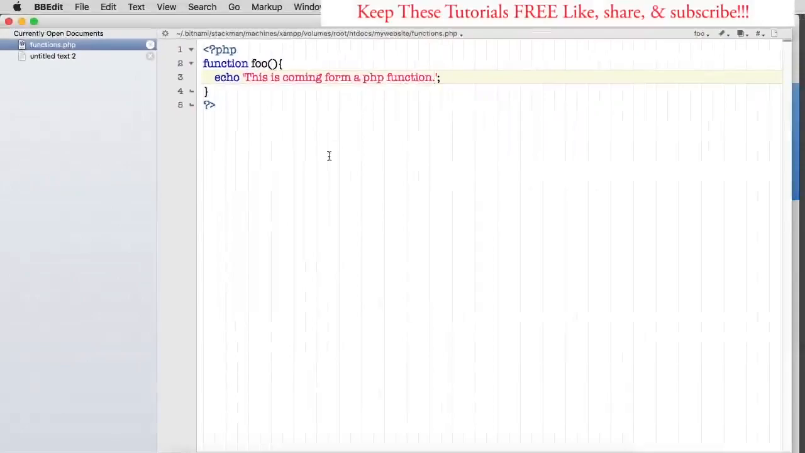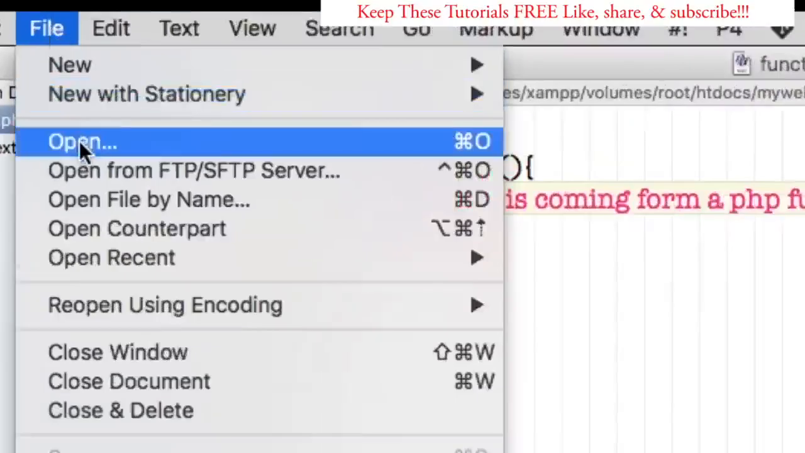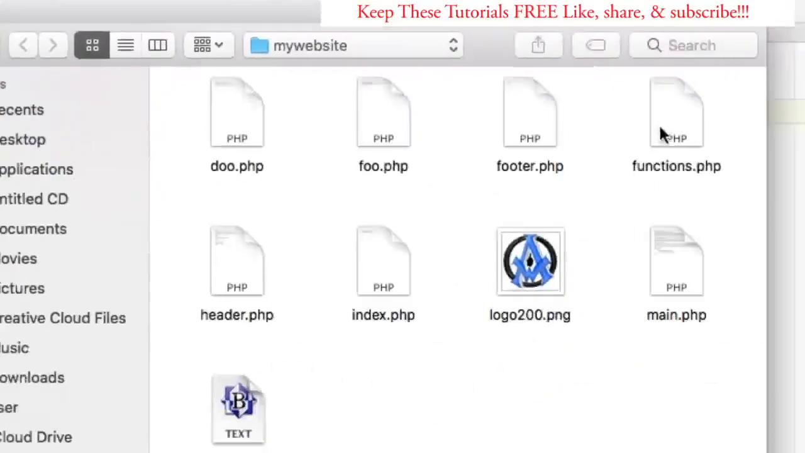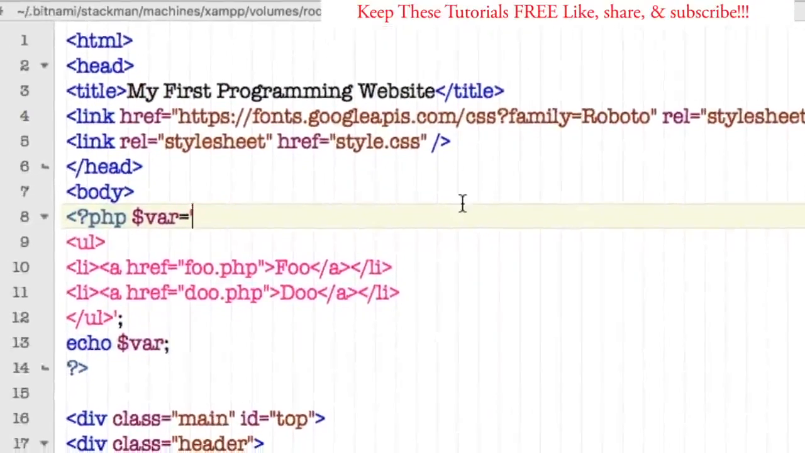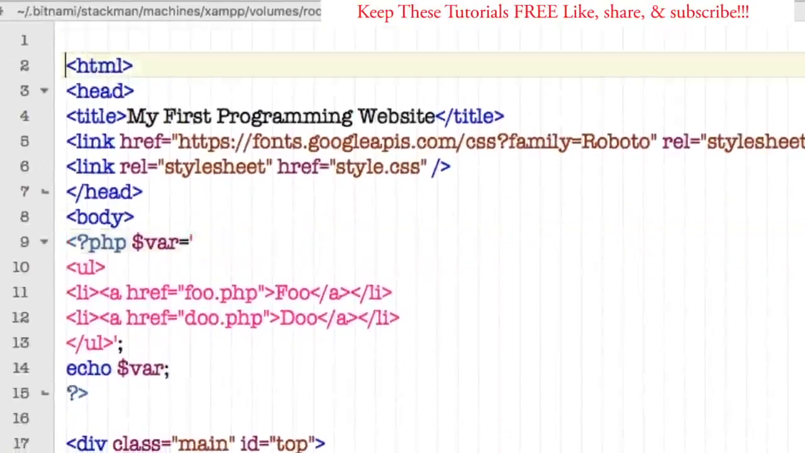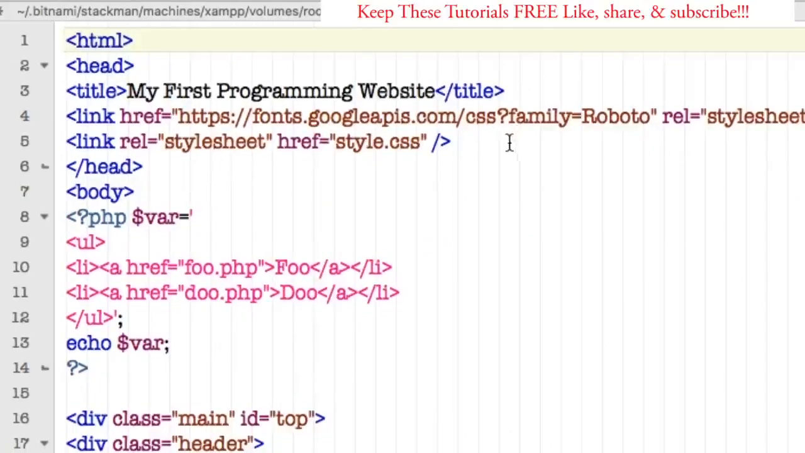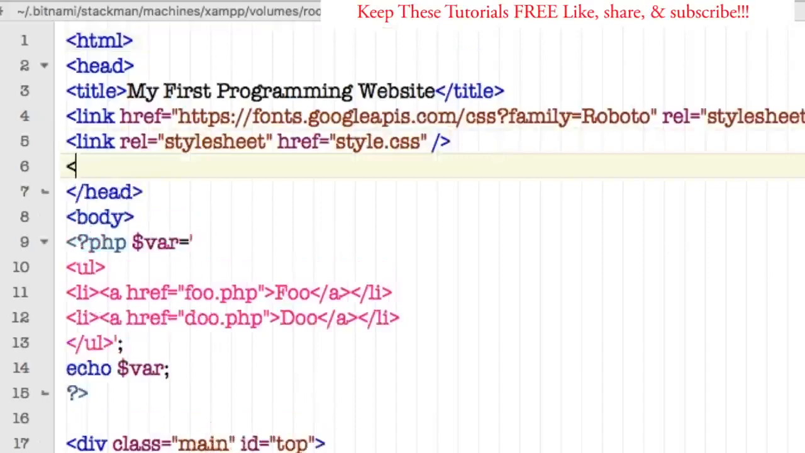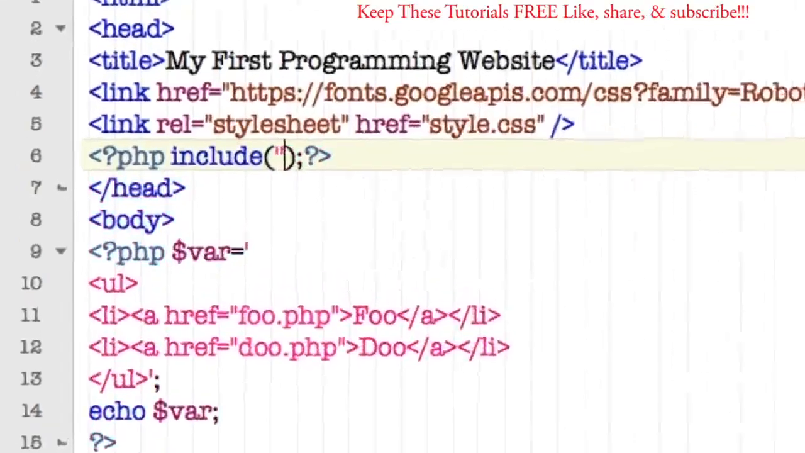Now, the other thing that we want to do is include the functions file in our header, like what I was talking to you guys about last time. So let's go to File, Open, and let's go to header.php. Let's leave the HTML up there and just go inside the head tag, and we'll make a PHP tag here. We'll say include, open and close parentheses, terminator, and two single quotes,